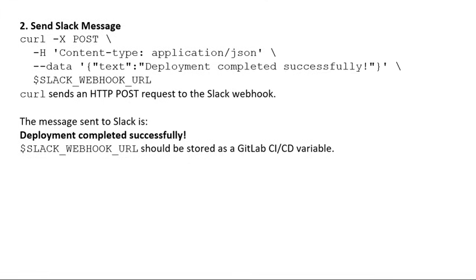And the second step is sending the Slack message: curl -X POST with capital letters, \ -H 'Content-Type: application/json' \ --data '{"text": "Deployment completed successfully"}' \ $SLACK_WEBHOOK_URL. Curl sends an HTTP POST request to the Slack webhook, and the message sent to Slack is